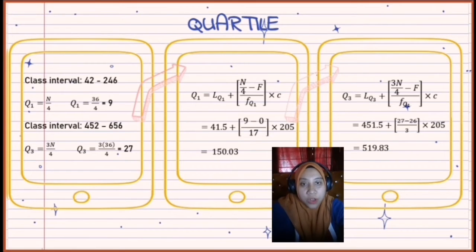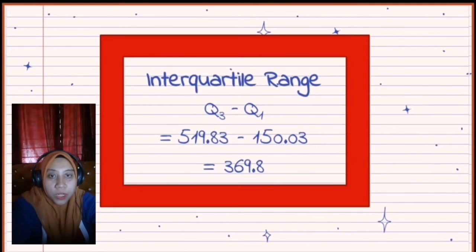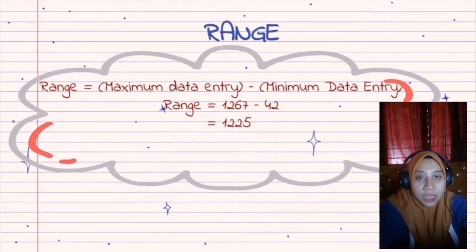Next, we have to know the class interval of quartile 1 and quartile 3. After that, we need to calculate quartile 1 and quartile 3 based on the formula. And then, we need to calculate the interquartile range. How to get it? Quartile 3 minus quartile 1, and I got 369.8. After that, we have to calculate the range. How to get it? The maximum data entry minus the minimum data entry, and I got the answer is